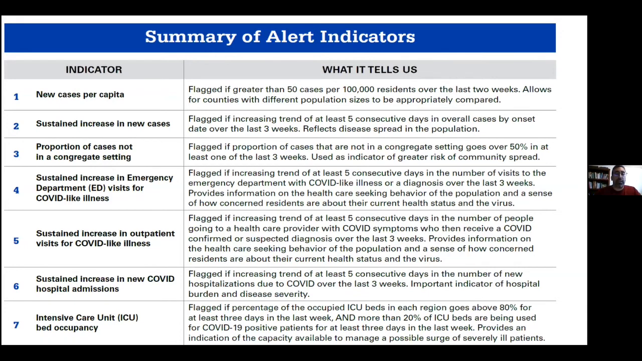Number 2, sustained increase in new cases. By the way, this indicator, along with 4, 5, and 6, is flagged when there are at least 5 consecutive days of an increasing trend of cases within the last few weeks. Number 3, proportion of cases not in a congregate setting. A congregate setting would be a nursing home, jail, prison, and those kinds of things. This means community spread. Number 4, sustained increase in emergency department visits for COVID-like illness. Number 5, sustained increase in outpatient visits for COVID-like illness. Number 6, sustained increase in new COVID hospital admissions. And number 7 is intensive care